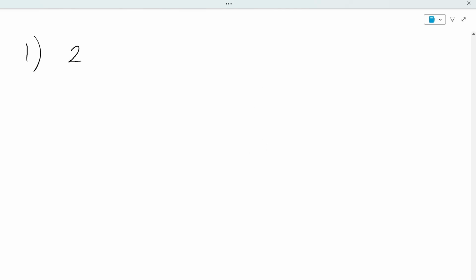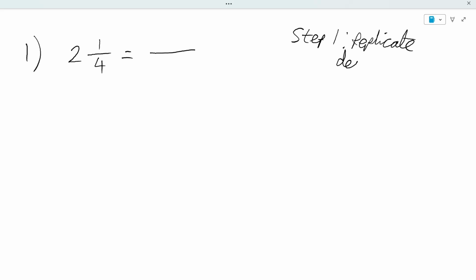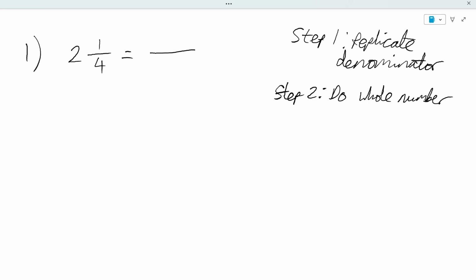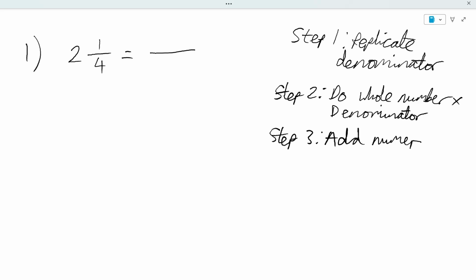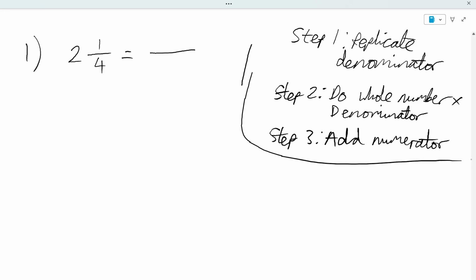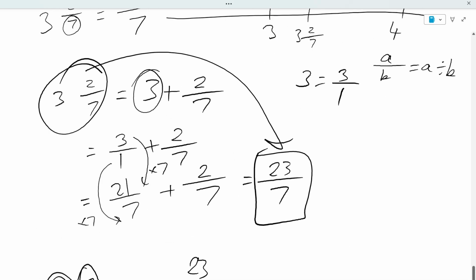If I take, for example, 2 and a quarter, and I want that as an improper fraction, step 1, replicate denominator. Step 2, do whole number multiplied by denominator. Step 3, add numerator. And that 3-step method is exactly the same as this long drawn out process I did here,